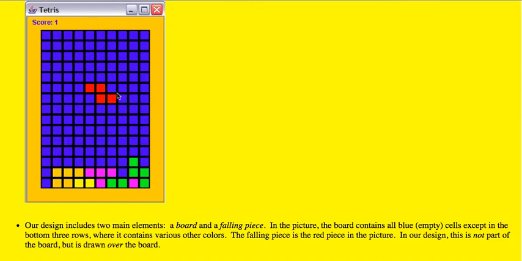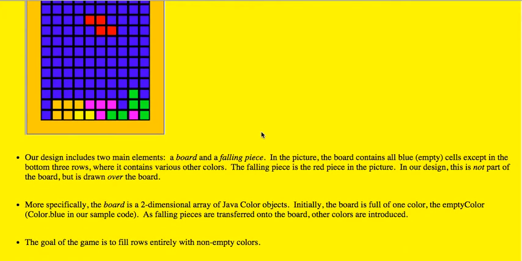In the same way, this falling piece is not stored in the 2D array of colors that are in the board. Instead, it's stored separately with a falling piece row and falling piece col, and then we draw the falling piece over the board as it falls. Okay,